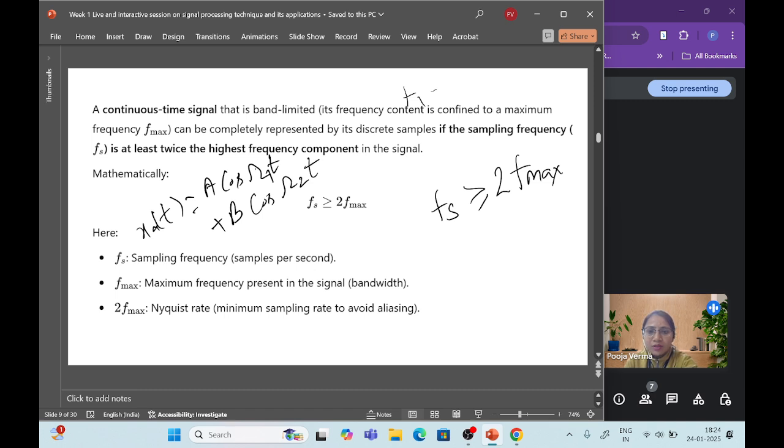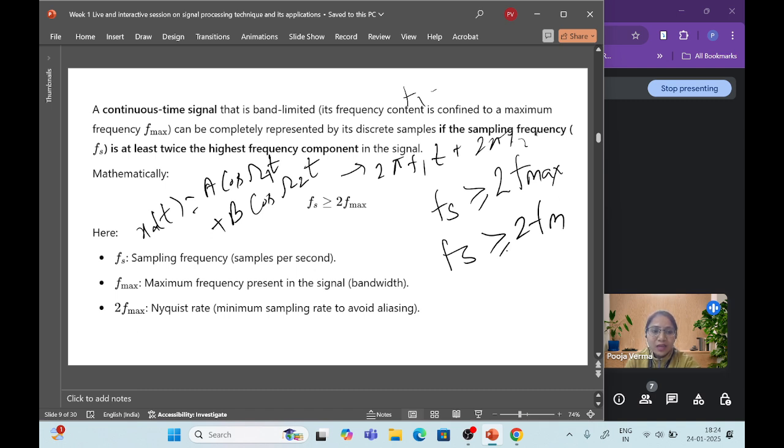So these contain the frequencies, or we can write it as a cos 2 pi f1 t plus b cos 2 pi f2 t. Okay, so by taking the maximum frequency component, we will sample it. It is also called the Nyquist theorem, and fs is called the sampling frequency. F maximum is the maximum frequency present in the signal, and